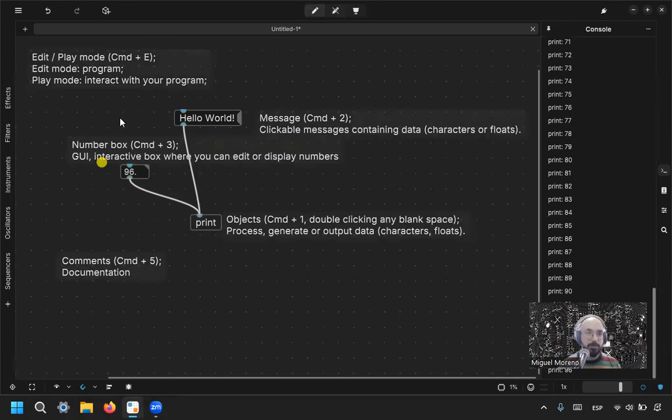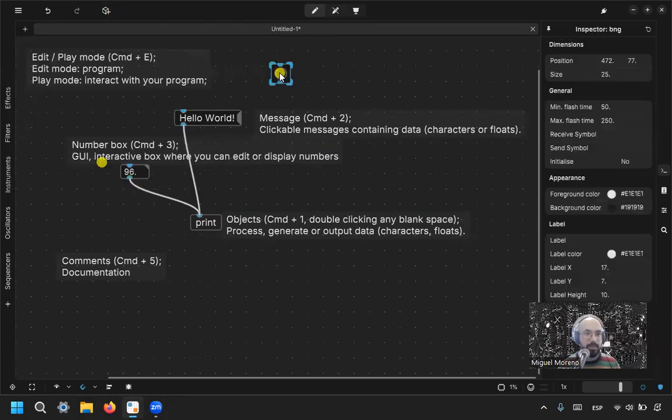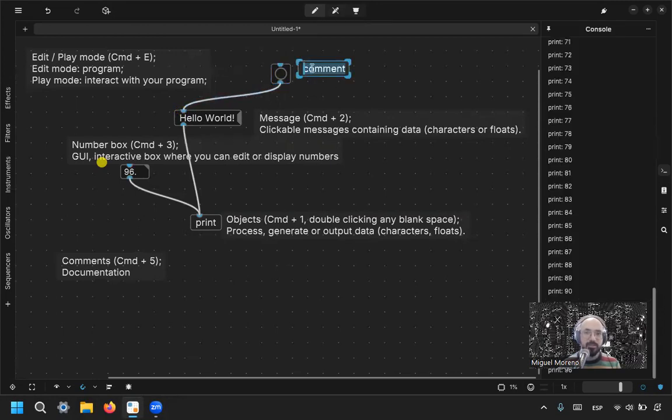One final GUI that we should see in this first video would be the bang, which is located here. Bang. So bang is also a GUI, just like the number box. But this is a clickable button that sends a bang. And bangs are basically